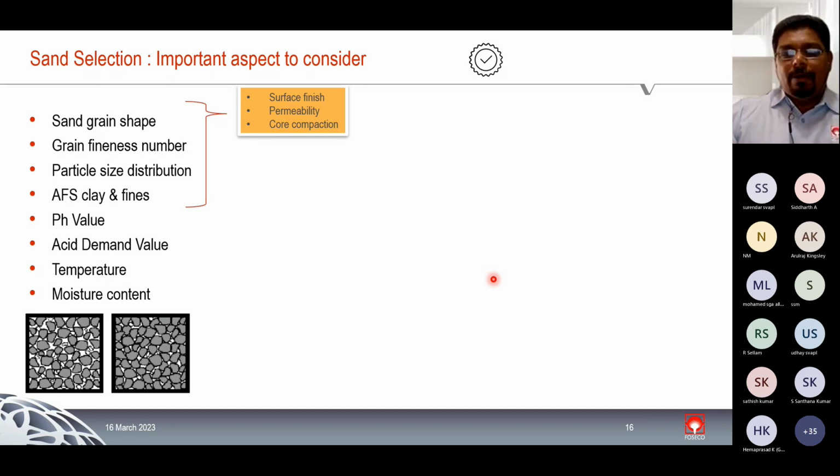Mr. Swaminathan and Shivakumar, permeability of please the mute your core mic. and the It's, core conversion. interrupting the session. When it comes to the Thank you. remaining set of the aspects like Swaminathan Shivakumar, properties like if pH, you are acid demand listening, value, please mute